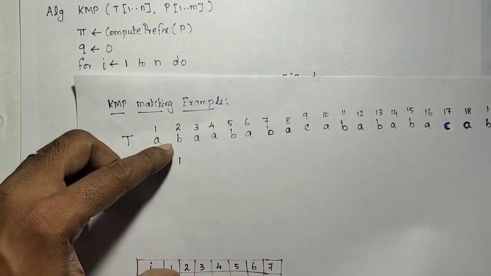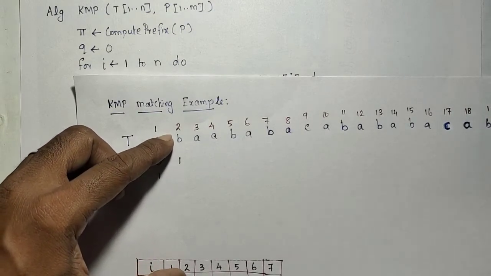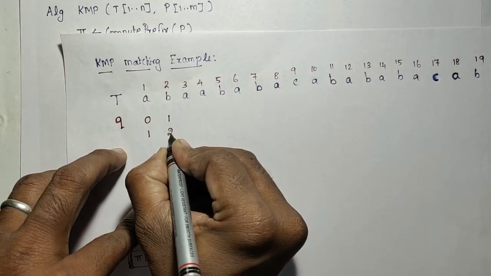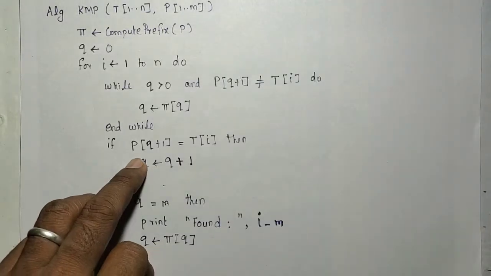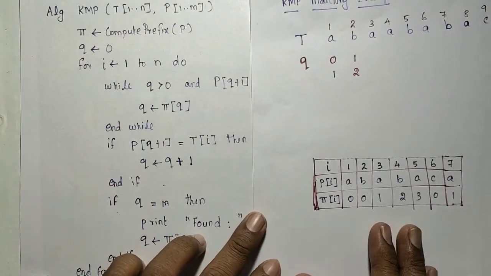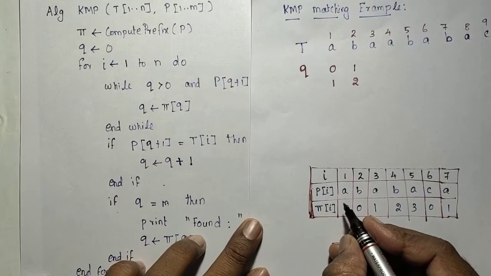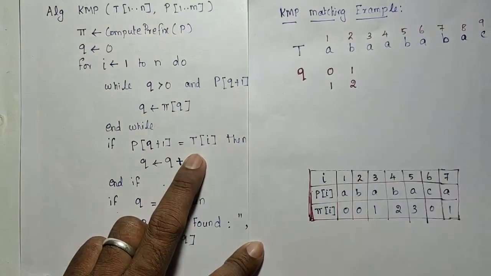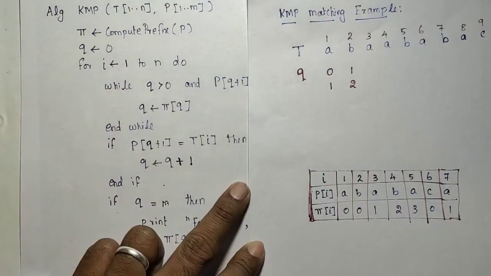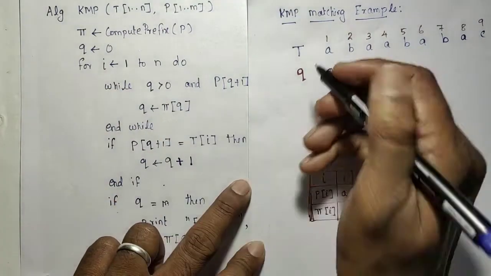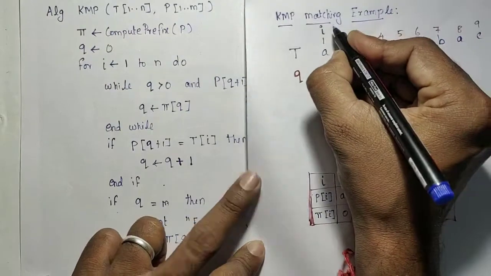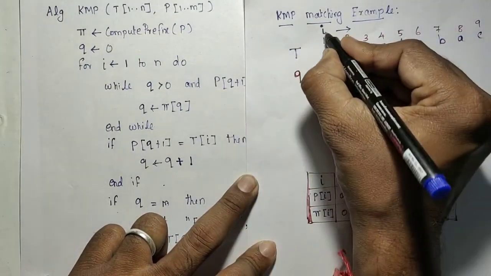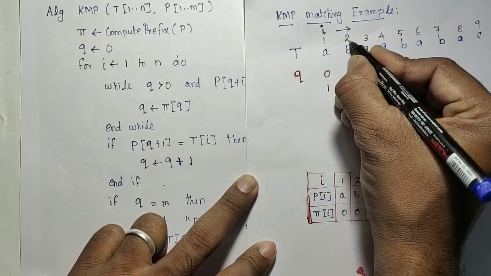If both are equal, that is a b equal to b, it will get incremented. It means so far 2 characters are matching. So q plus 1, that is the next character, t of ith character is a b. Okay, so we can change that. I will move, started from here, it will be moved towards this. I will start from 1, it will be moved. So currently i is 2.